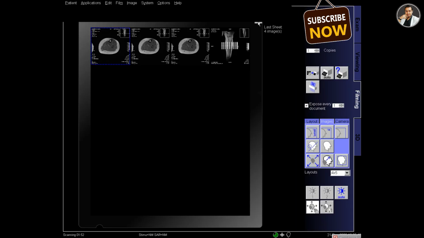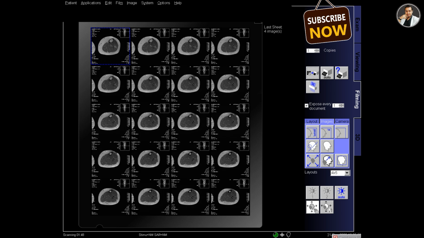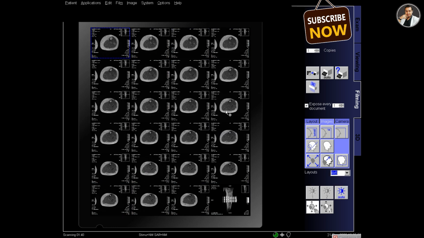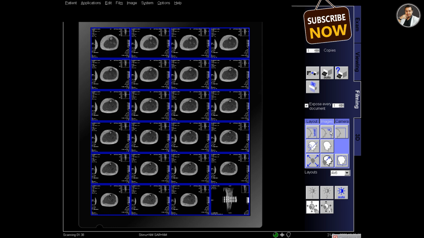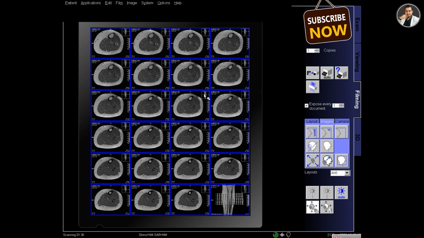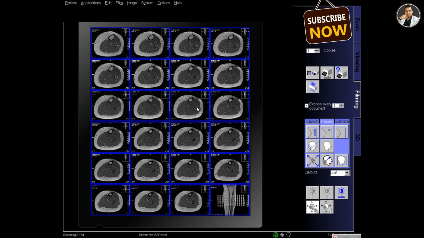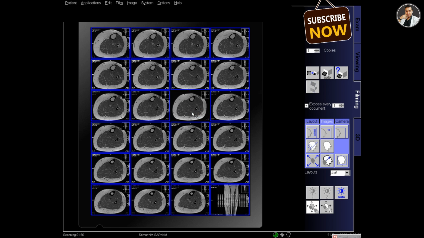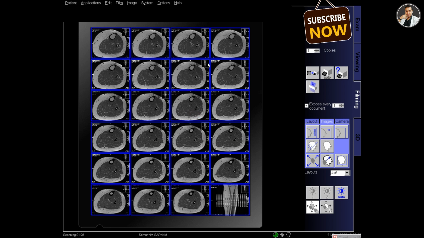And now in the filming there are two films, so select the folder with the patient name and change the layout to 4:6 so that 24 images fit in the film, and zoom in the image so that it fits in the segment.